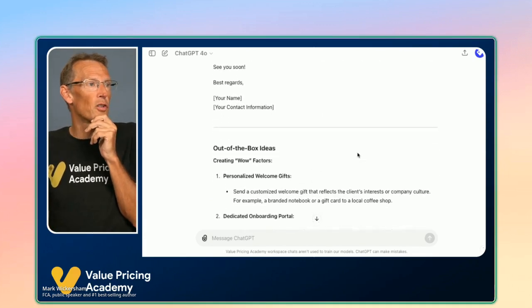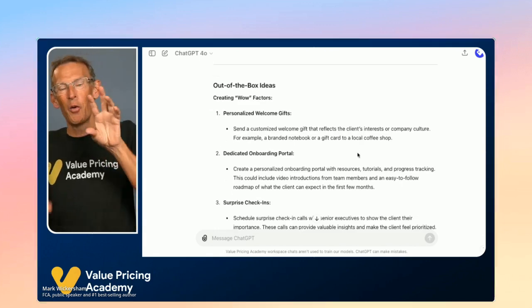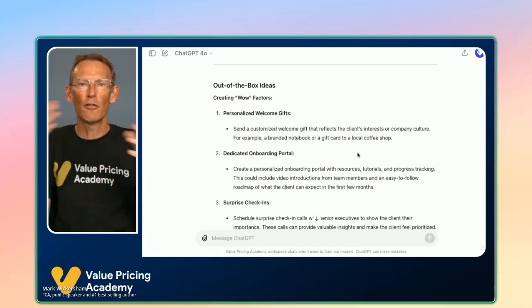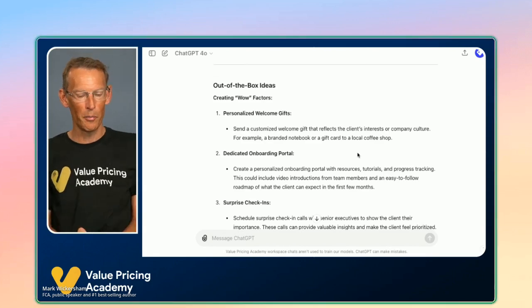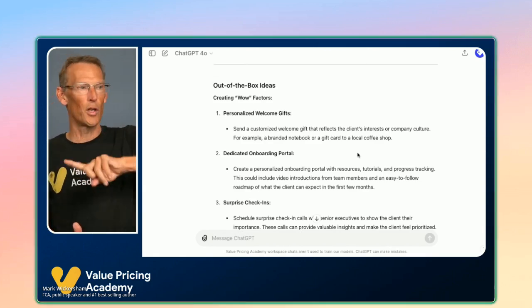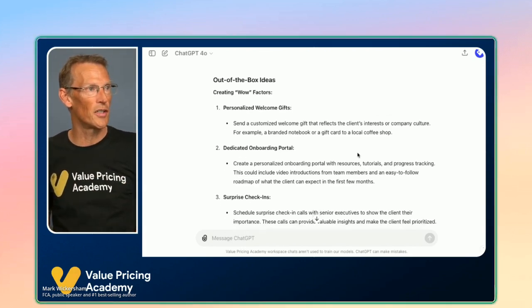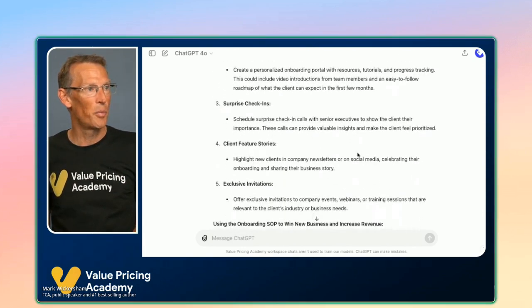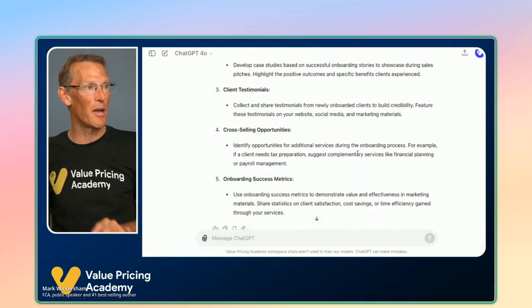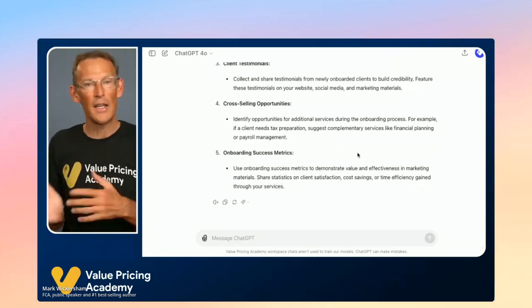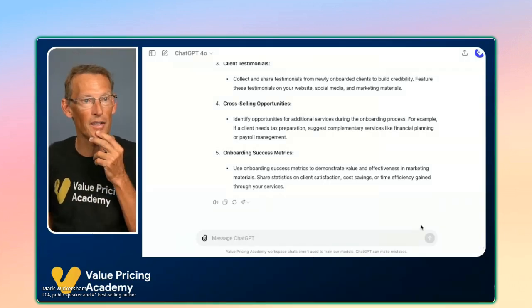It's given me some out-of-the-box ideas as well, which is interesting. Because I've got the same chat, sometimes it's like a really enthusiastic employee. Sometimes it does things you've not asked for. I asked for that in the previous workflow. It's obviously remembered that, and it's given me some out-of-the-box ideas to create wow factors as part of those emails. I don't know why it's repeated those. Anyway, no harm there. If I'd started a brand new chat, it wouldn't have done that.